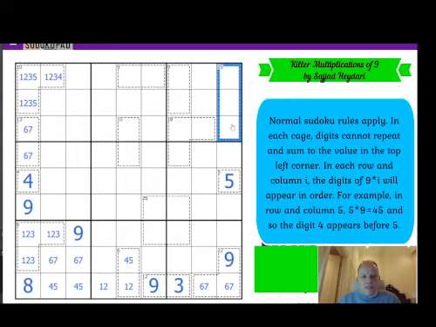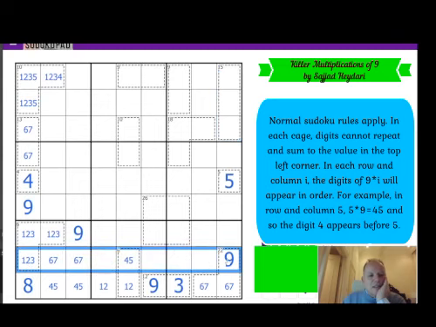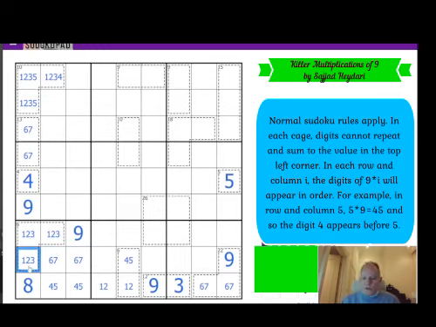What about this 15 cage then? I want it to have an 8 in and not a 1, but 8, 1, it could actually have both. Remember, 8 must come before 1 in this column. Maybe I need to think about some of these other columns. Right, this is row 8. 9 times 8 is 72, so that 7 comes before the 2. So that's not a 2. That's quite interesting. 63. Aha!